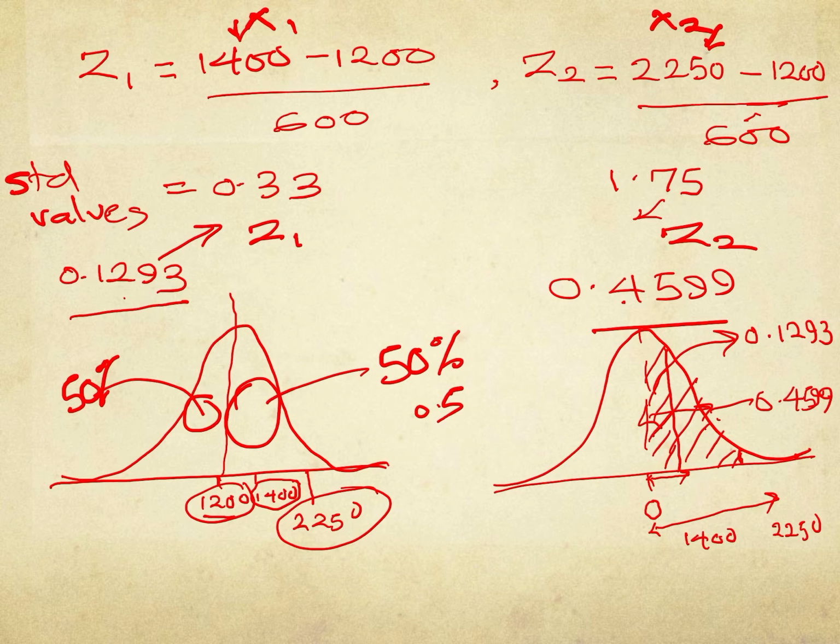But the question is asking us between 1,400 and 2,250. So it means that the area we are looking for, so we have for 1,400 is from here there. For 2,250 is from here there. But we are looking for the in-between. So we are looking for the in-between, between 1,400 and 2,250. So how do we get that? We just, based on that, since it's the in-between value, it will just be